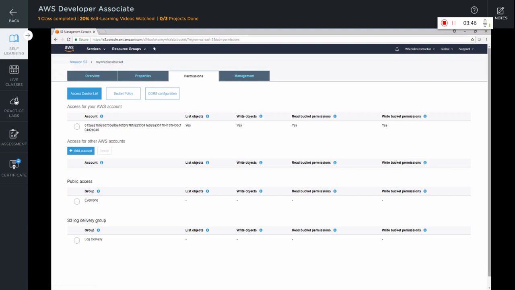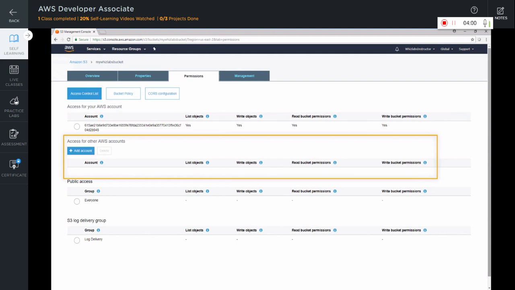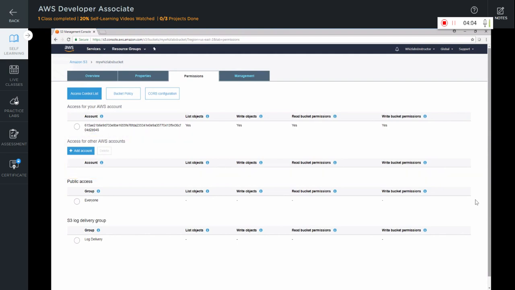This screen shows you the access control list current configuration. This is the current account's canonical user ID. By default, it has both read and write access on the bucket as well as all the objects in it. Using this option, you can add access to another AWS account. So you click on the Add Account button,